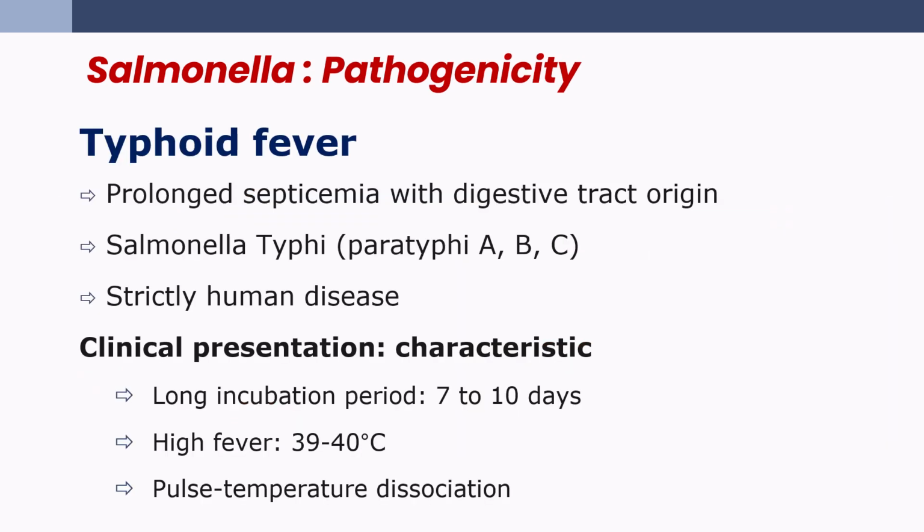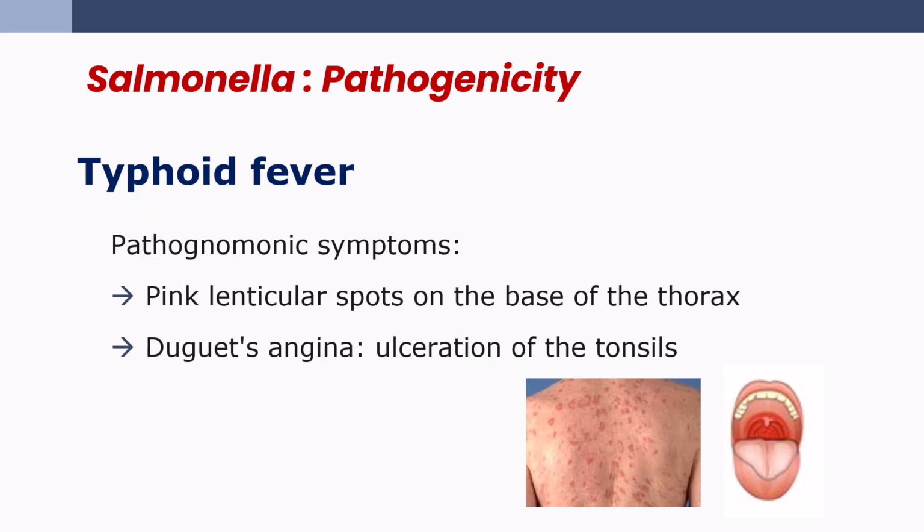Typhoid fever is a prolonged septicemia of digestive origin caused by Salmonella typhi or paratyphi serotypes A, B, and C. It is a disease that affects only humans. The clinical picture is characteristic. Incubation is long, lasting 7 to 10 days, with high fever reaching 39 to 40 degrees, and a dissociation between pulse and temperature is often observed. Typhoid fever also presents pathognomonic symptoms that can guide diagnosis. Pink lenticular spots may be observed on the base of the chest, along with Duguet's angina, corresponding to ulcerations of